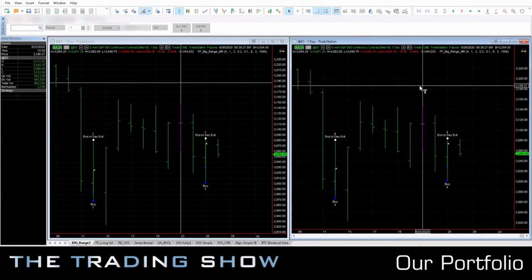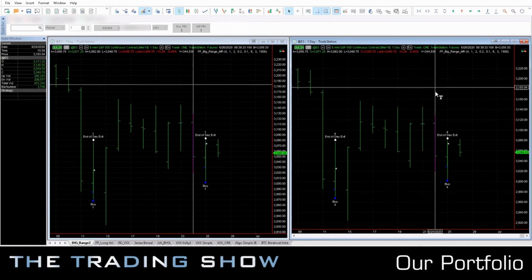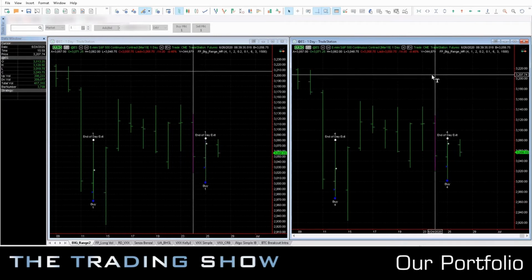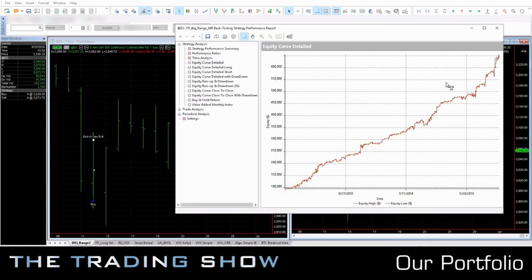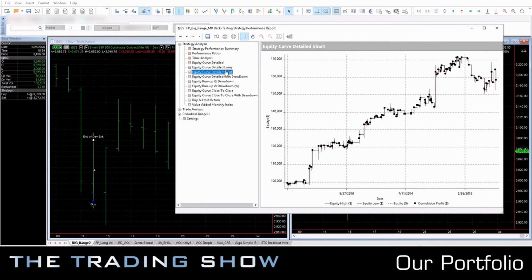Let's see what else went well this week. Here we have the big range trading system. This is a daily system that works with mean reverting logics on the E-mini S&P 500 future. This is the long-term equity line. The system has been out of sample for 2 years. And in this case too, the long equity line is much better than the short one.